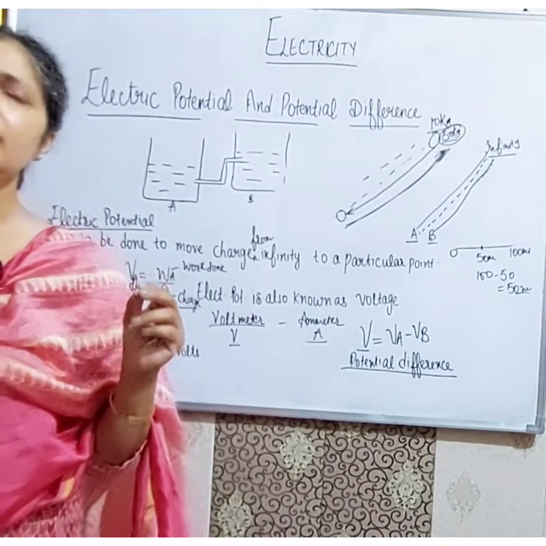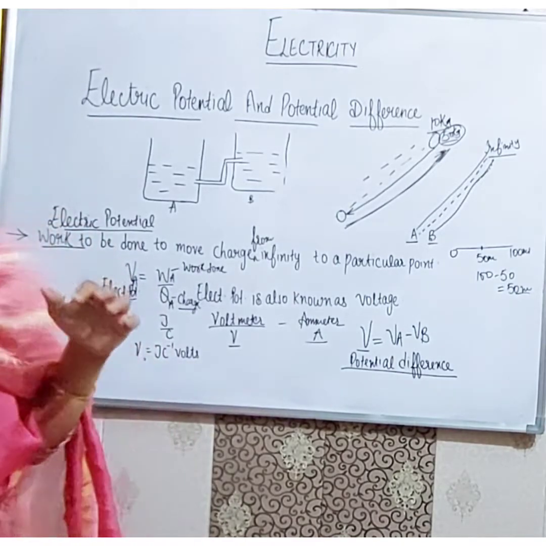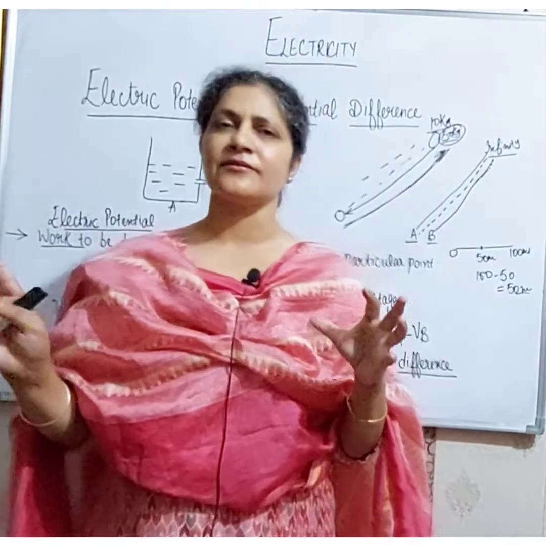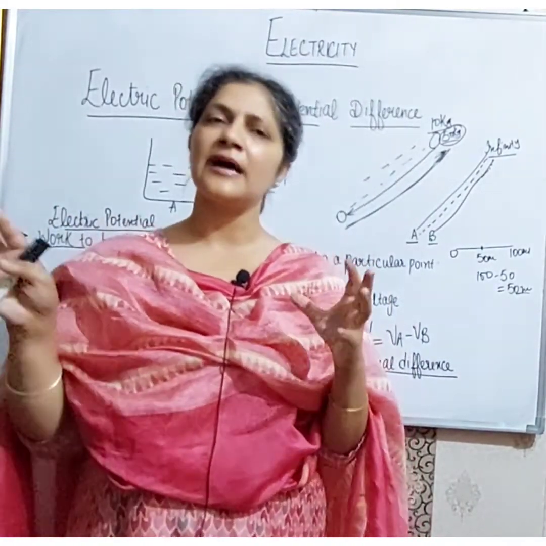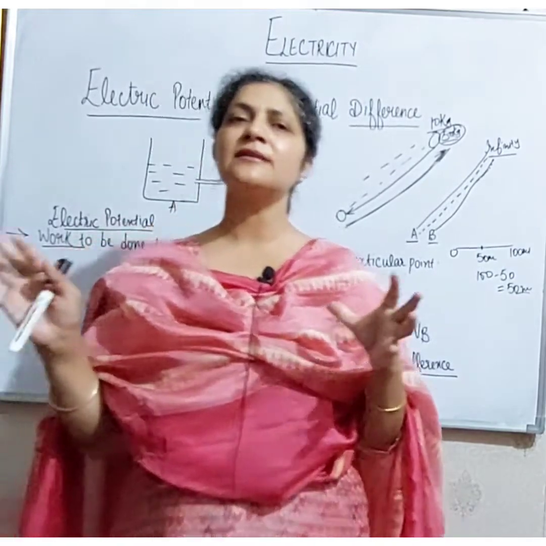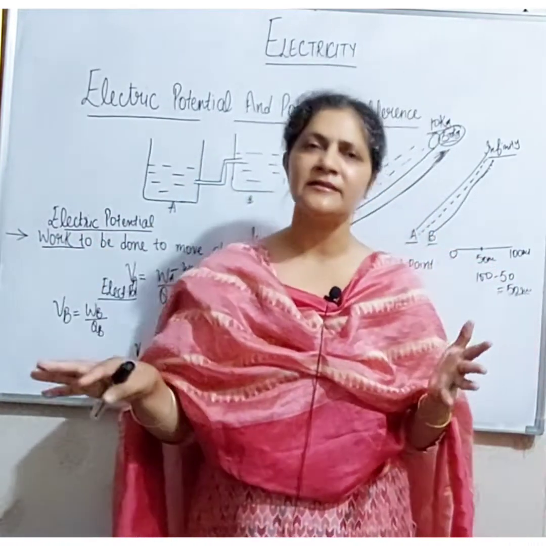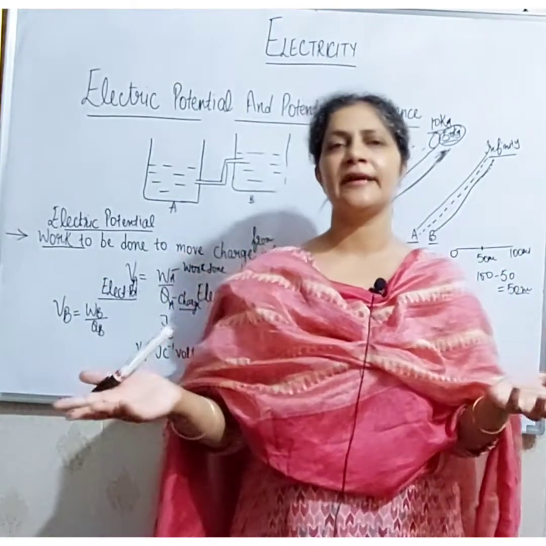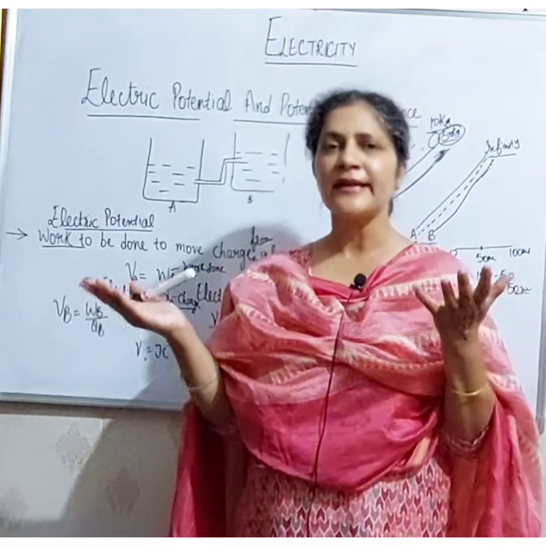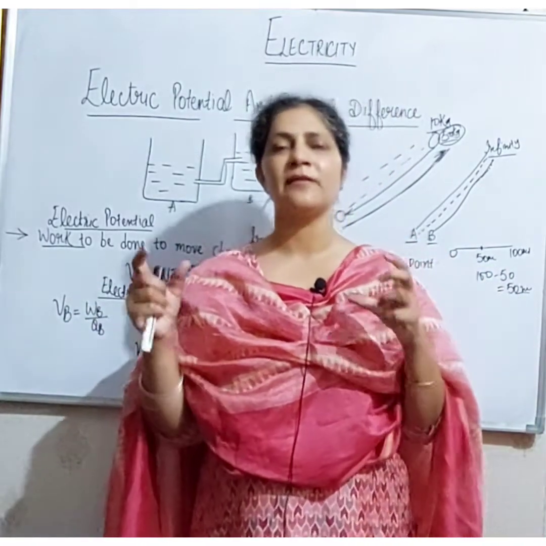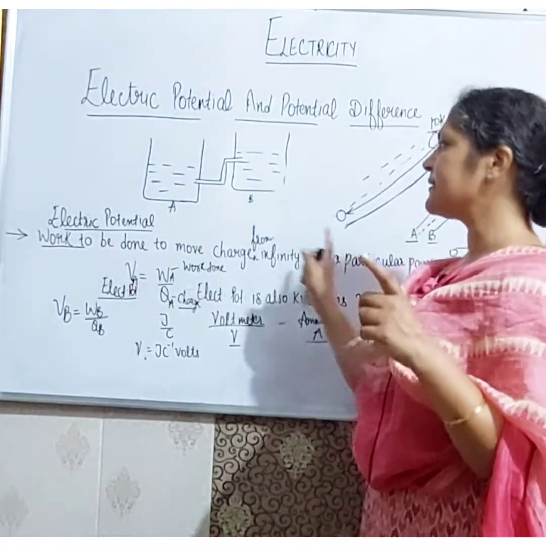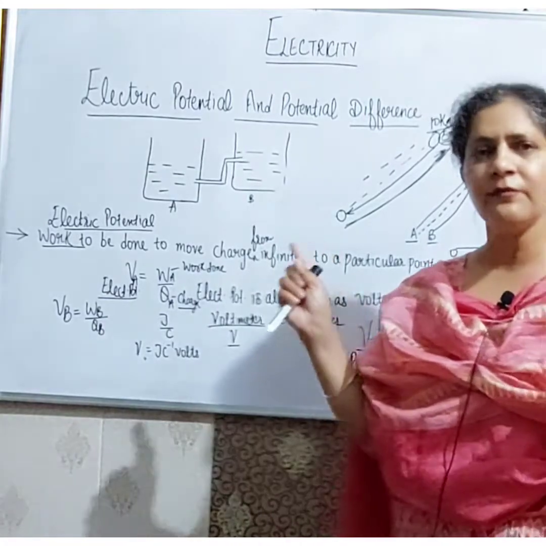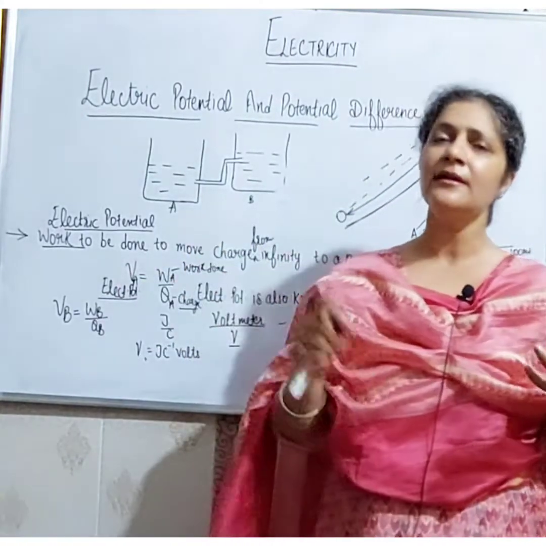One thing you should keep in mind is that everything that is flowing will flow from higher concentration to low concentration, from high region to low region, or high pressure to low pressure. In the same way, the charges flow from the high density region to the low density region. When there is an opposite case, work has to be done. That work which has to be done to bring the charges from infinity to a particular point is known as electric potential, and the difference between two electric potentials at two different points is known as the potential difference.